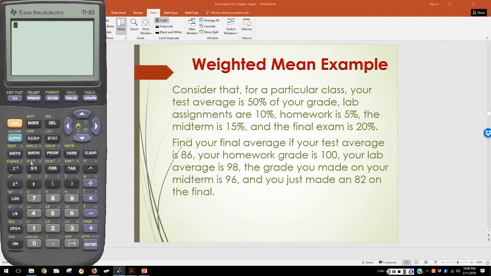So this is how you would find your weighted average. The sum of the weights is going to be 100%, because 0.5 plus 0.10 plus 0.05 plus 0.15 plus 0.20 is actually 100%. So the way that we're going to actually calculate this weighted average is we're going to take 0.5 times your test average, which is 86,